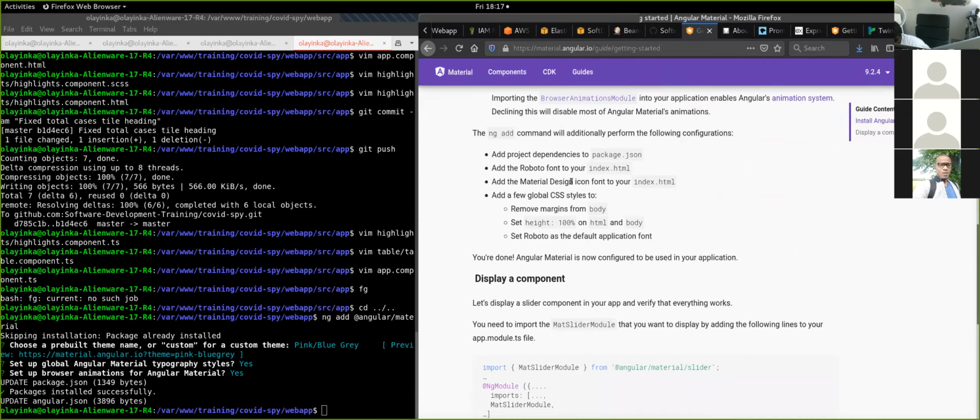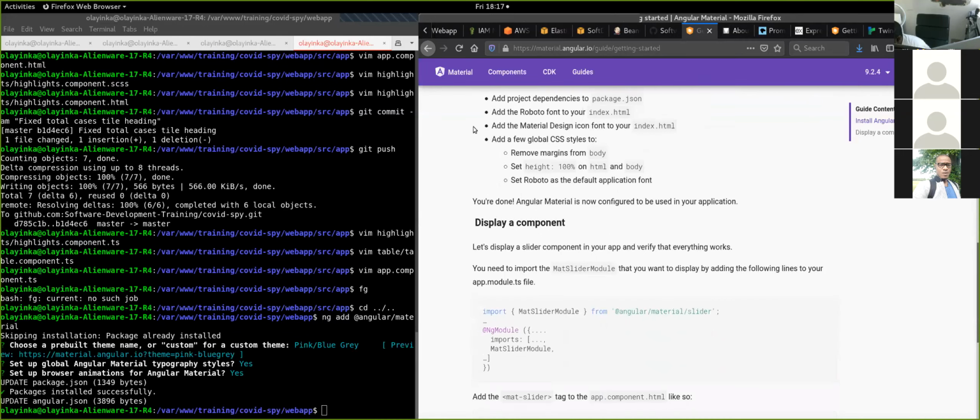It adds the components to package JSON, adds Roboto font to index HTML, adds the material design icon font to your index HTML, and then adds a few global CSS styles. So remove margins from body, set height to 100% on HTML, set Roboto as